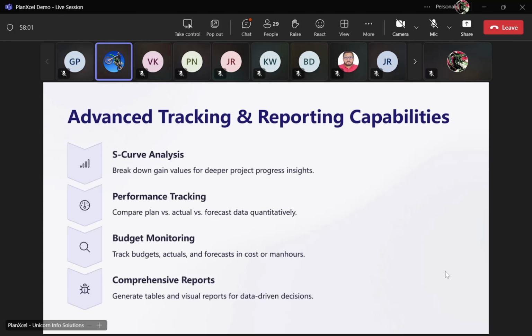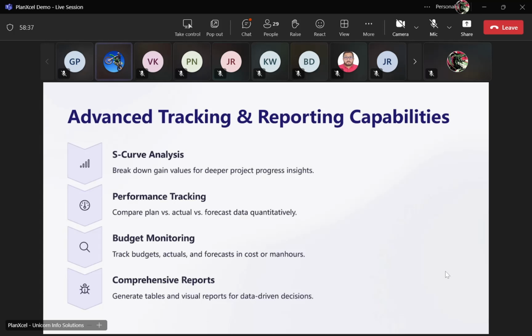Then we have the S-curve analysis. When you are creating an S-curve, yes, definitely S-curves come out of the main planning softwares. But if you want to dissect it to see what the gain requirement is and from which activities the gains are coming in, yes, there are possibilities in the basics, but this is faster and much easier to understand why it is coming like that and why it can be changed. So if you want to change any resource allocations or anything, it is much easier because it's all based on Excel's powerful tools like pivot tables and other